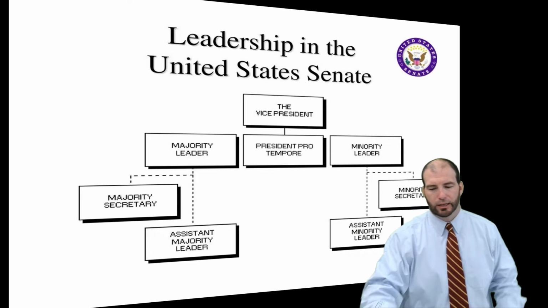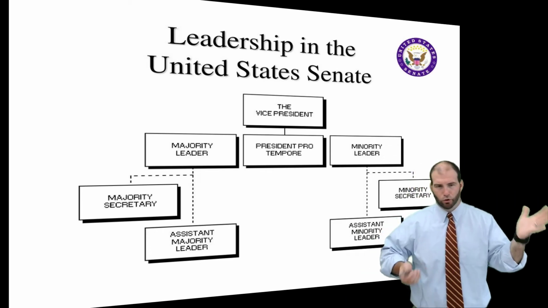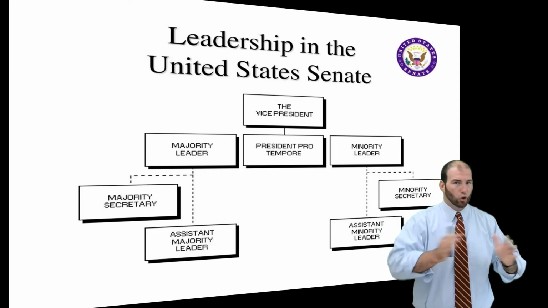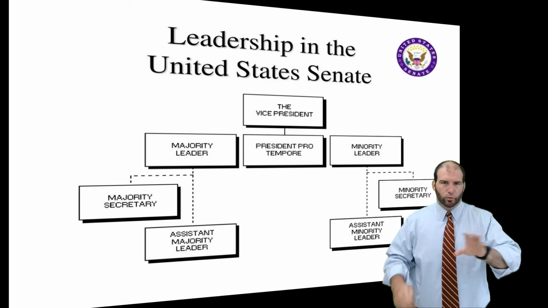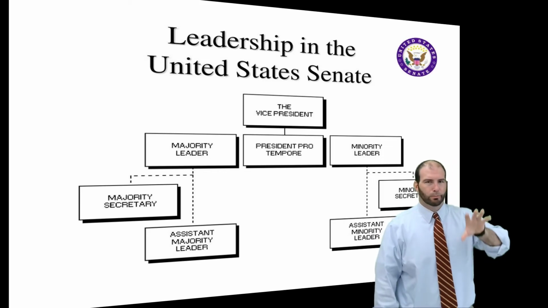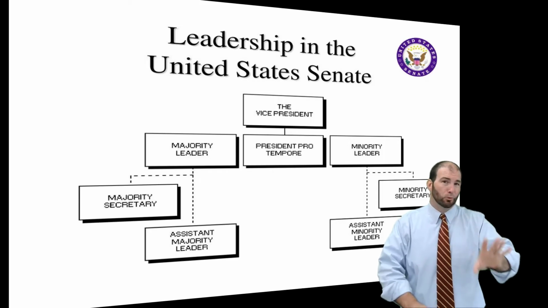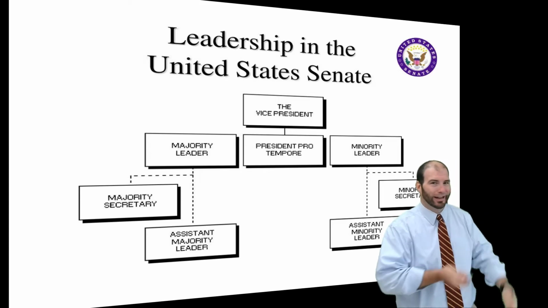So the majority leader is the most powerful, but they are expected to work with the minority leader, because a lot of times in the Senate, instead of just having a majority on things, you have to have a 2/3 majority in certain situations. So you have to work with people in your other party. So the Senate, in theory, usually acts more like the adults of the 2 houses of legislature, more so than the House of Representatives.